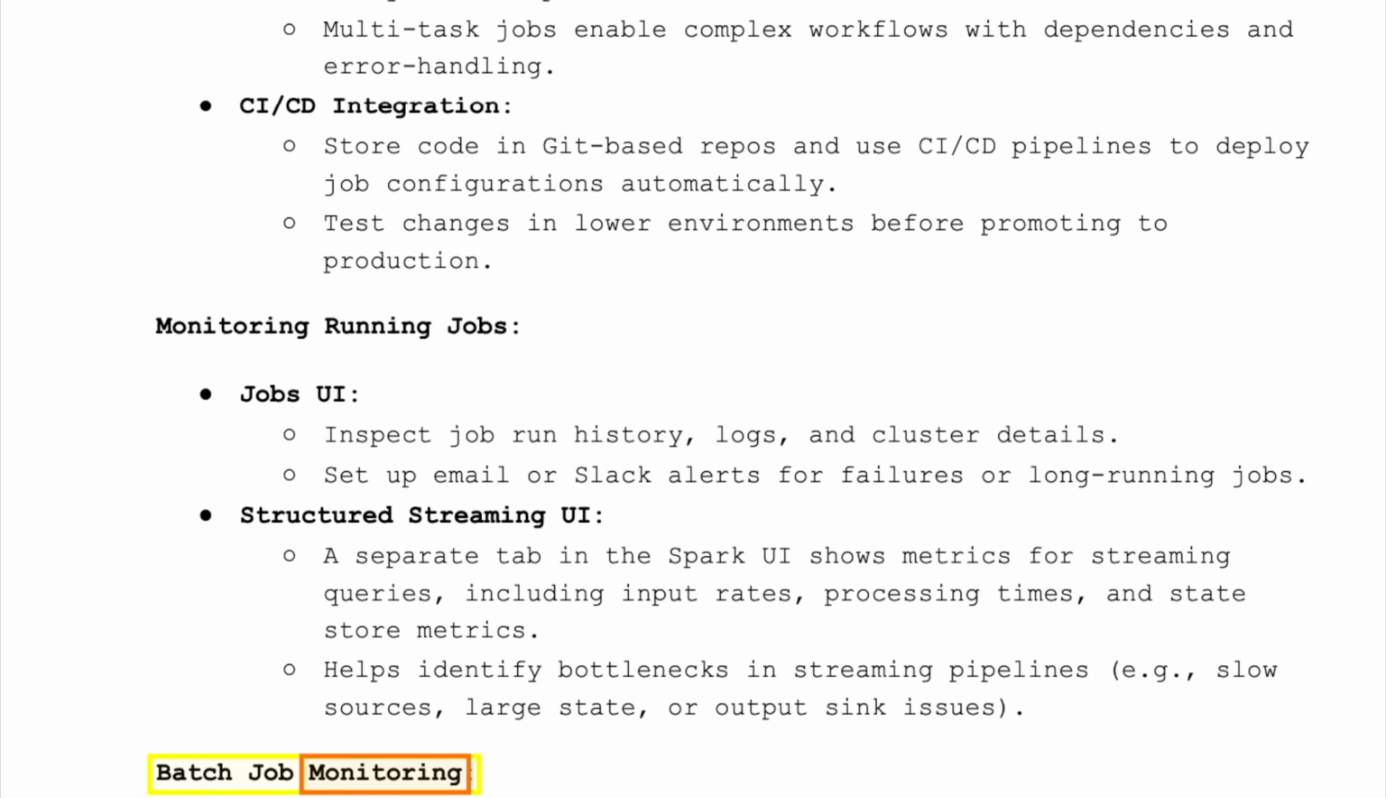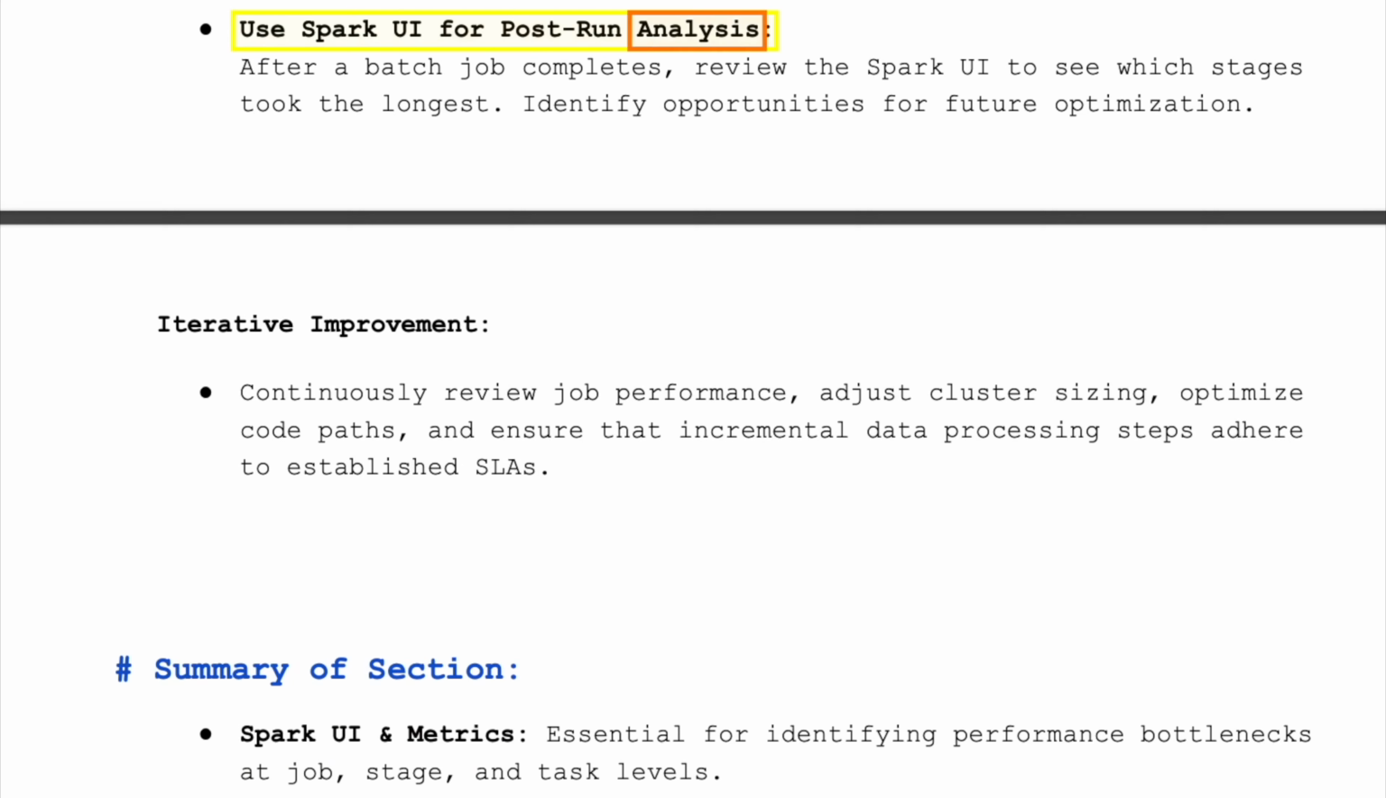Batch job monitoring: use the Spark UI for post-run analysis. After a batch job completes, review the Spark UI to see which stages took the longest. Identify opportunities for future optimization. Iterative improvement: continuously review job performance, adjust cluster sizing, optimize code paths, and ensure that incremental data processing steps adhere to established SLAs. Summary of section: Spark UI and metrics, essential for identifying performance bottlenecks at job, stage, and